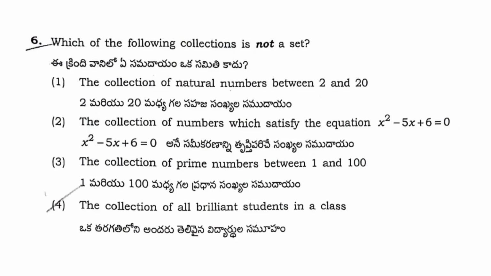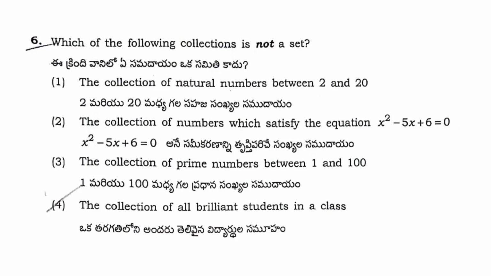So the options are: the collection of natural numbers between 2 and 20, the collection of numbers which satisfy the equation x square minus 5x plus 6 equal to 0, the collection of prime numbers between 1 and 100, the collection of all brilliant students in a class. So if you see the options, first one, the collection of natural numbers between 2 and 20, that is